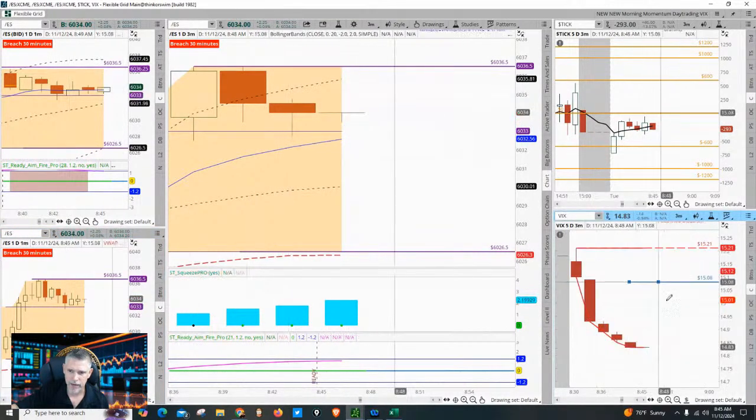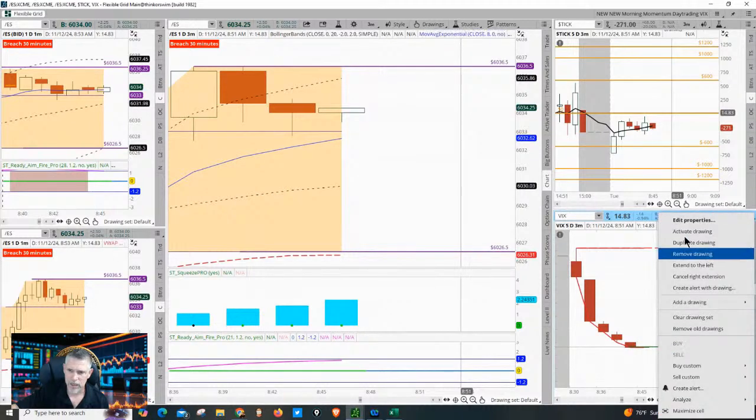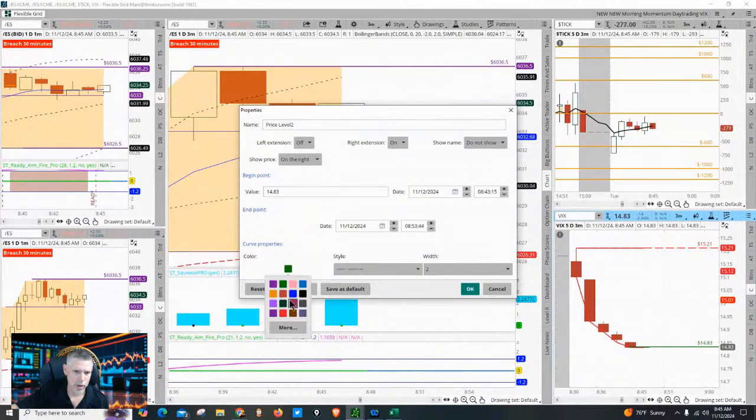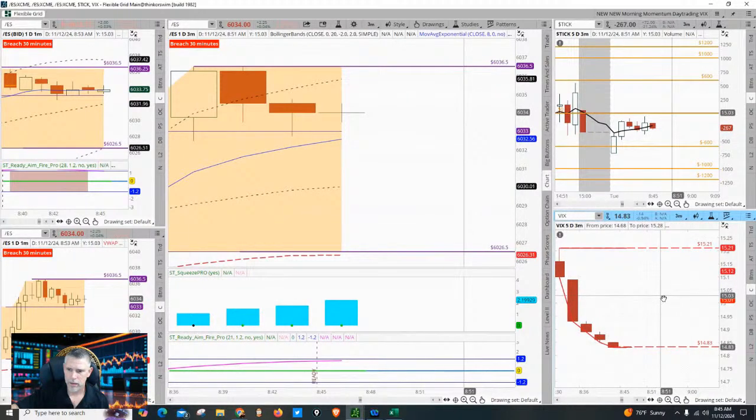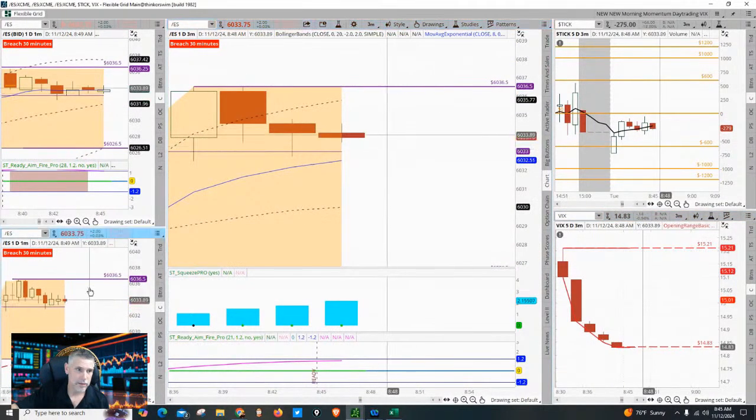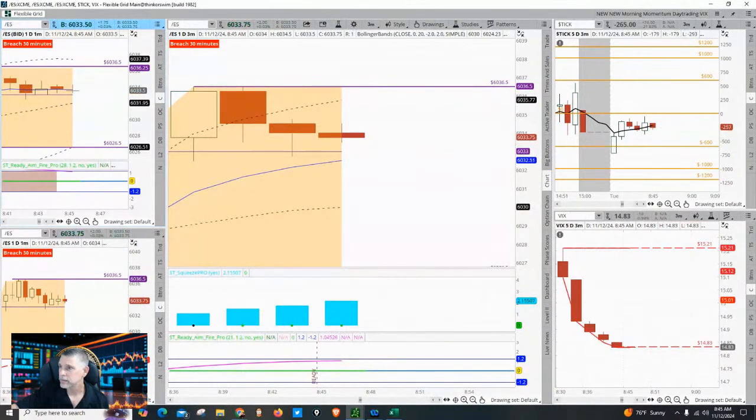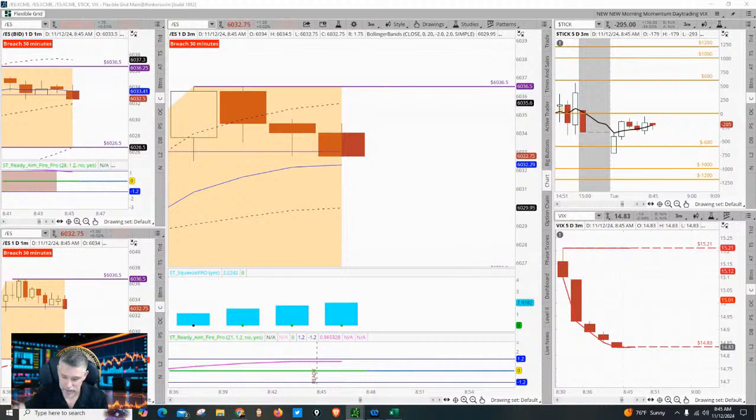All right, let's mark the line down here. 1483, dash line, red. We're all set, my friends. I would like to go. We might be going long on an aggressive. We're going to have to wait and see. If we do go long on the aggressive, I'm going to be attacking the 600s. It just has to be. If it's meant to be, it'll be.